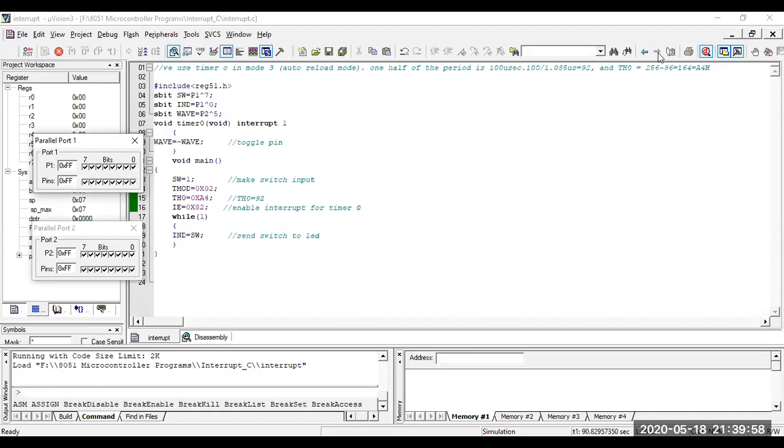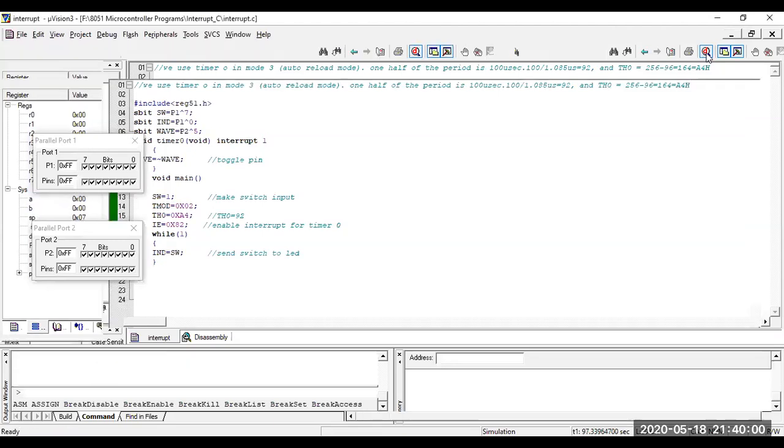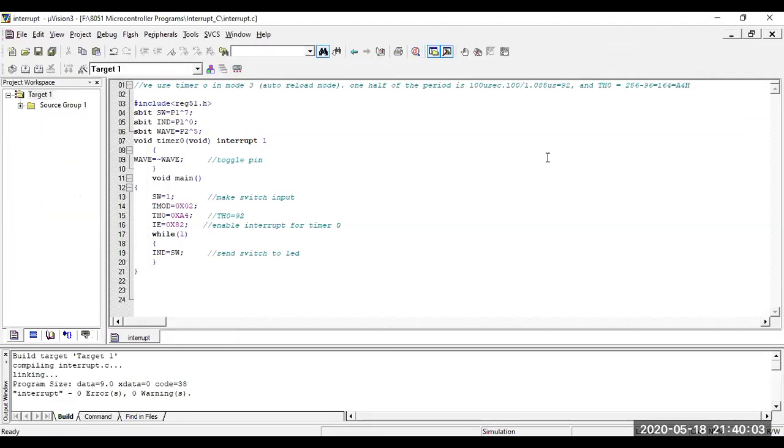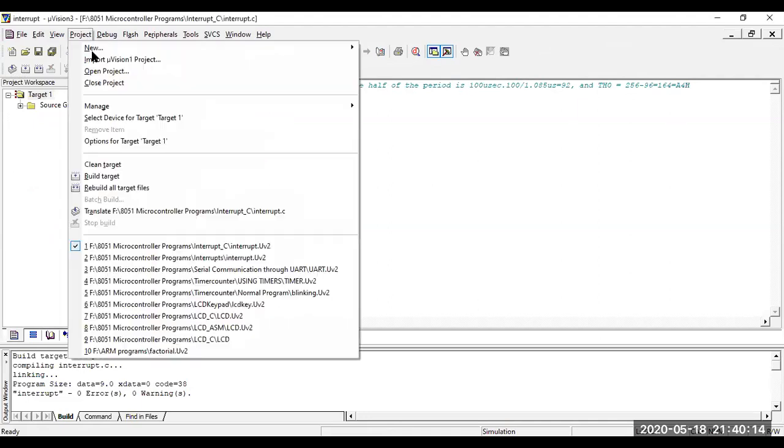Okay, some modifications are there in this program. So now you understood the concept of this interrupt programming. Next, I will go for the basic arithmetic instructions.